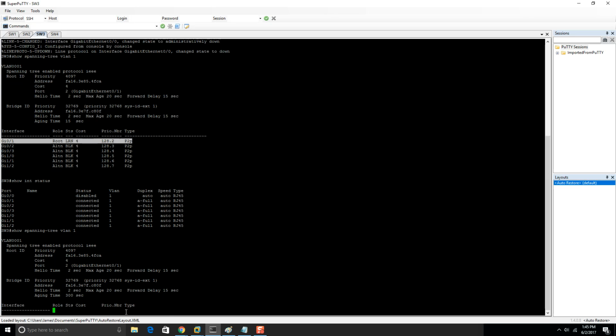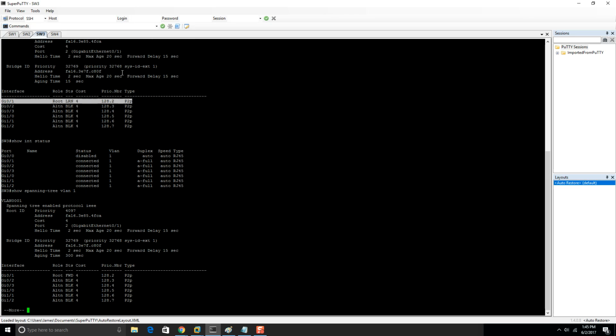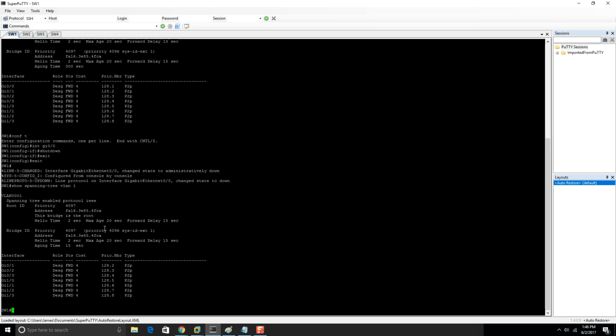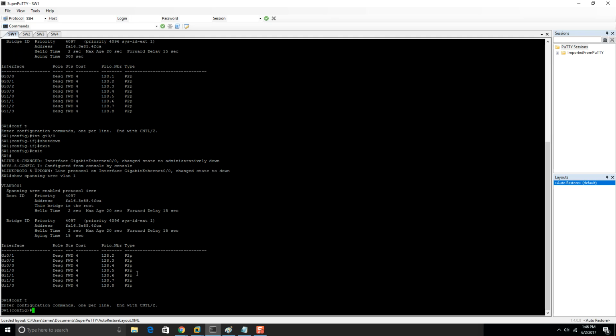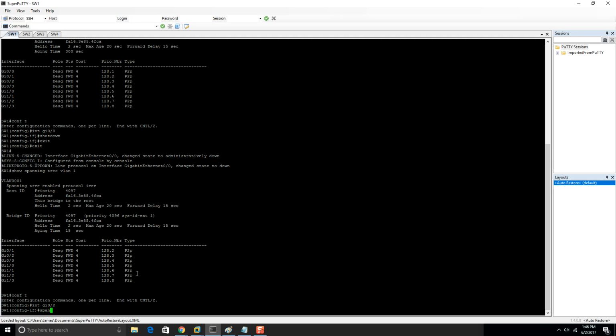In order to do that, we need to go over to switch 1 and change the priority here. We would go to config T and then change the priority on gig 0/2. So we'll do int gi 0/2 and then spanning tree,